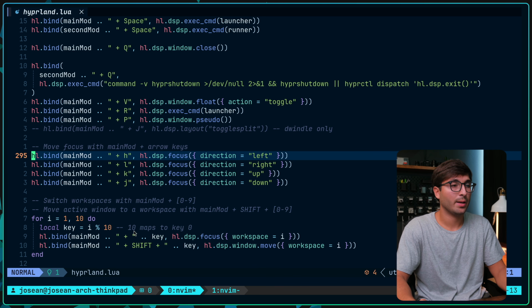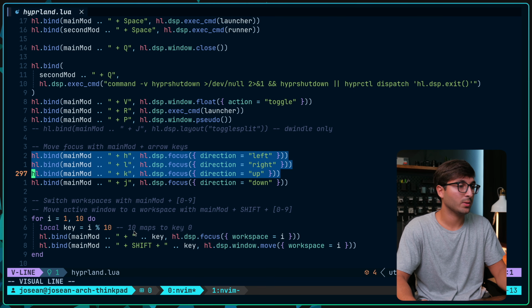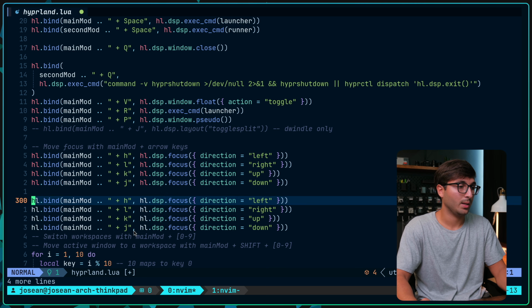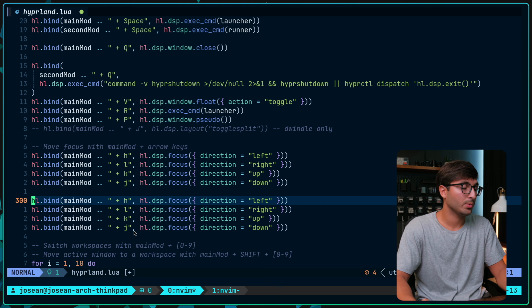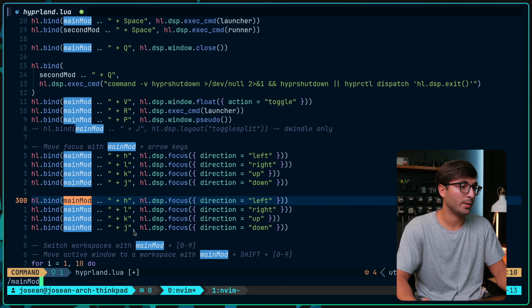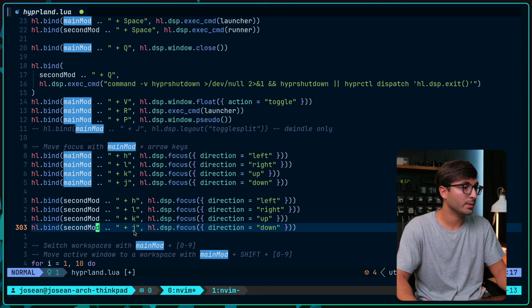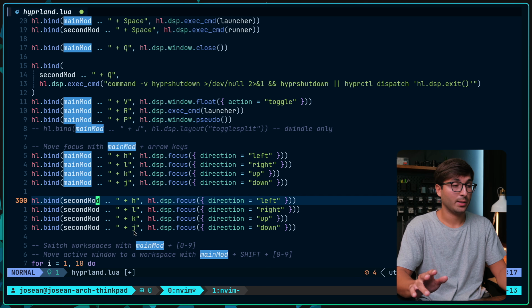Now I also want to add some keybinds for moving windows around. I'm going to select these 4 lines, copy them and paste them down here. Then I'm going to change main mod to second mod. I'm gonna do that for the rest of these here. Super plus shift. And then my HJKL Vim keys,